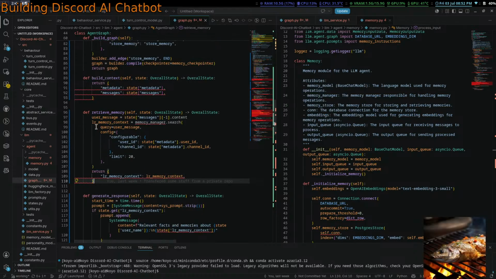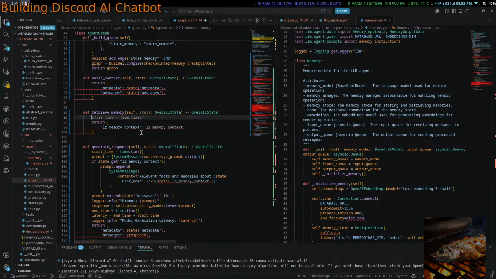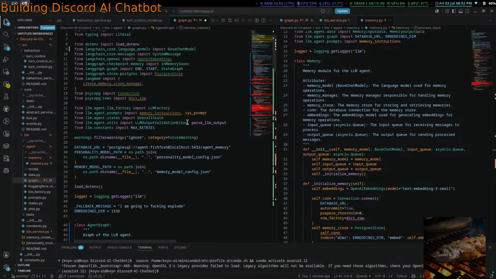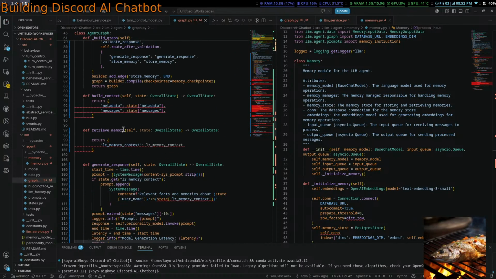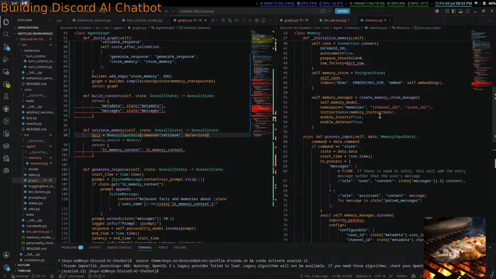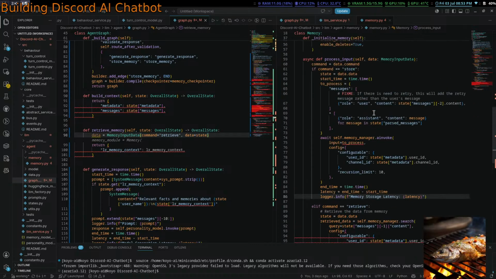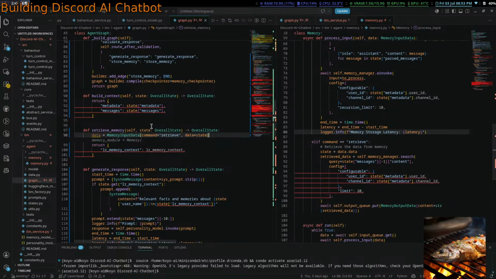Okay, retrieve memory. Instead of doing this, we're just going to do memory message, right? Yeah, okay. LLM.agent.data, memory input, memory output. Equals memory input data, command retrieve. It's retrieve, right? It is retrieve, okie dokie.